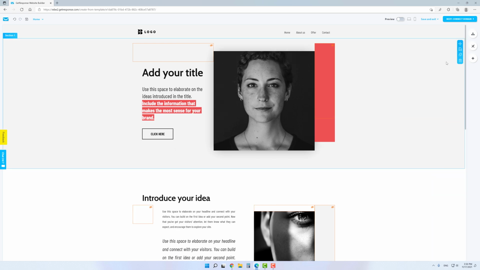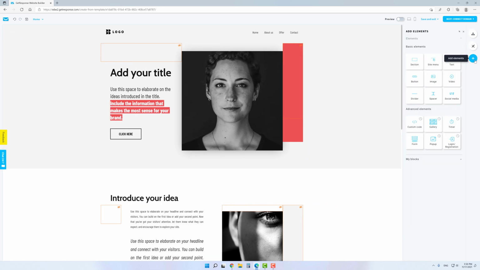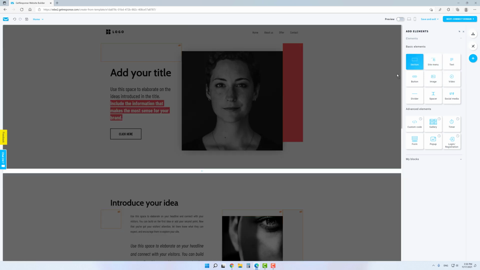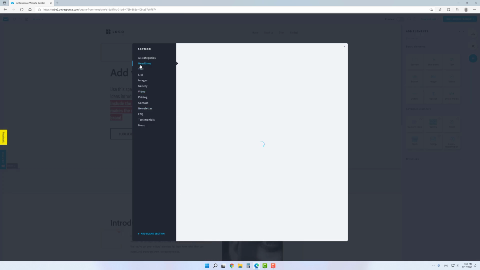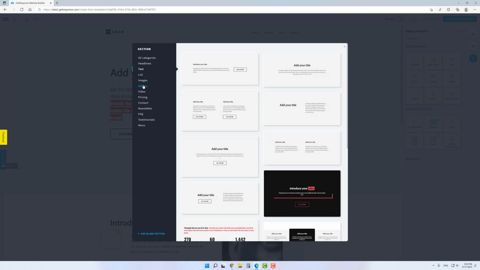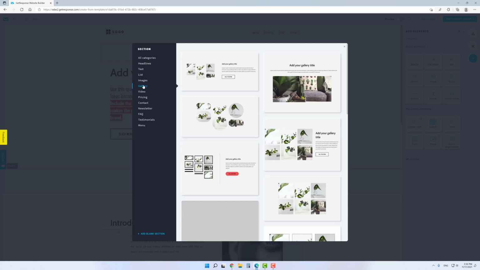And the last thing we've got on the right panel is the Elements tab, from which we can drag new elements onto the page. There are not so many options at first glance, but this is a deceptive impression, because actually each of the available elements has a bunch of ready-made templates within. For example, if we place a section element on the page, we can see that there are templates for almost any occasion. Here you can find the section with gallery, video, testimonials, contact form and so on. In other words, everything you might need to build a full-fledged landing page.